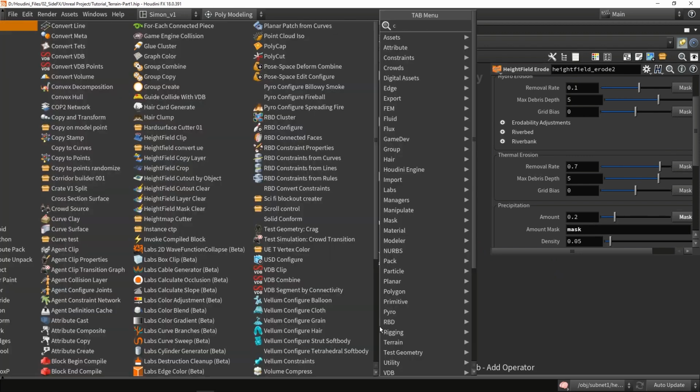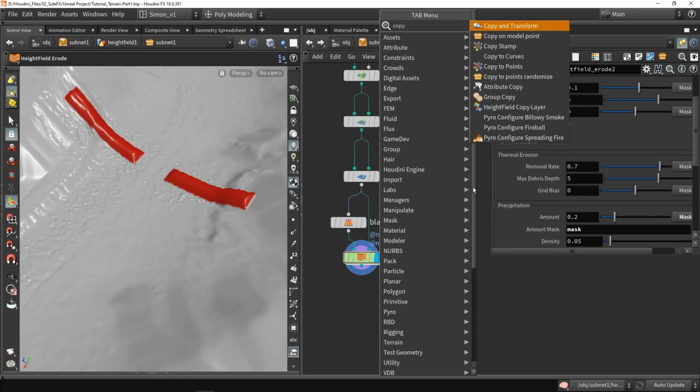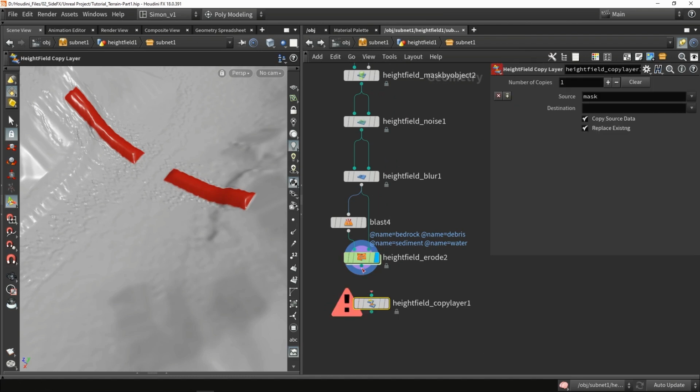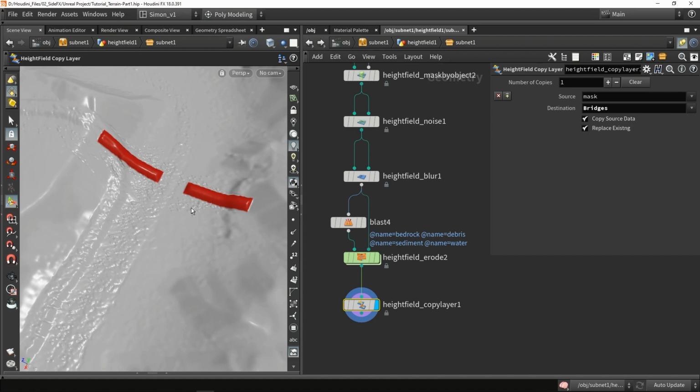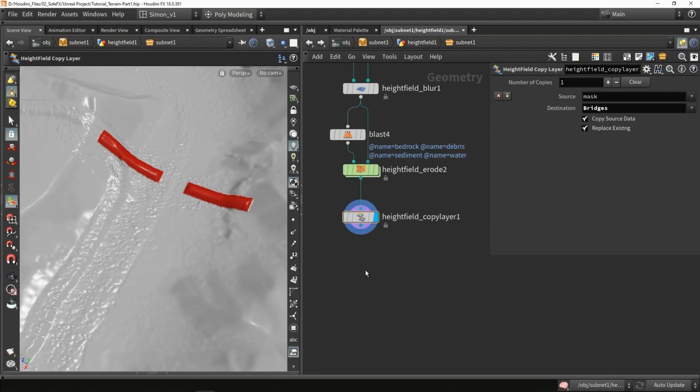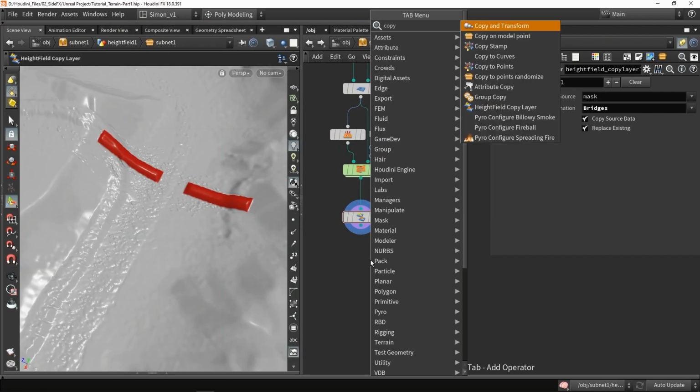One thing I also like to do here afterwards is using the copy layer nodes. So I'm going to save this information where my bridges are. So I want to save the mask to a new layer called bridges. So later I can always call where my bridges are placed on the terrain, and then I can for example say like, oh yeah, don't place any trees there or any foliage there because we will have a bridge over here. What could also be cool is we can do another copy layer,